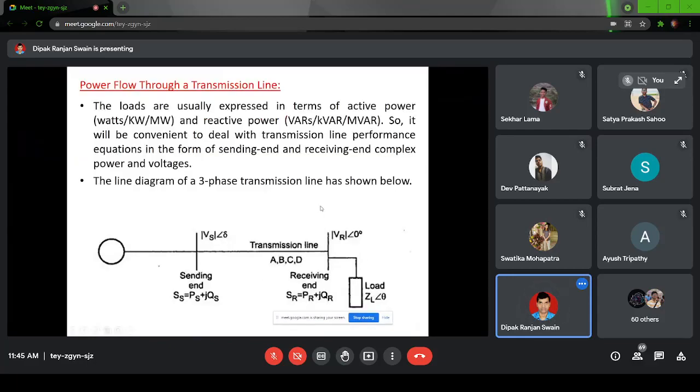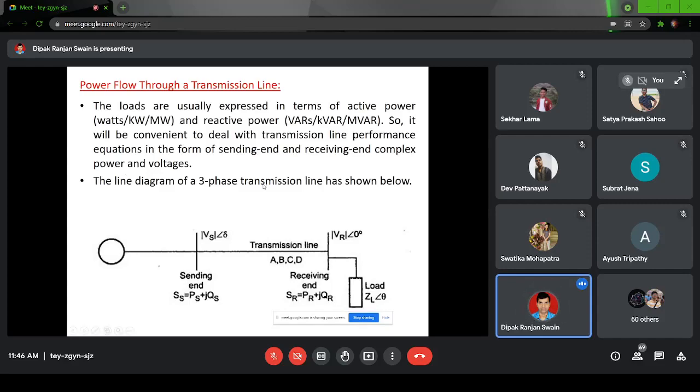Next comes the power transmission. Okay. Now, transmission lines are utilized to transfer electrical energy from one point to another. So you need to know how much power is transferred. That includes two types of power: the power sent from the sending end and the power received at the receiving end. Now you may ask whether they are equal because there are no intermediate storage devices, but still there is a loss in the transmission line. So whatever power is sent, obviously it is not equal to the power received at the receiving end.